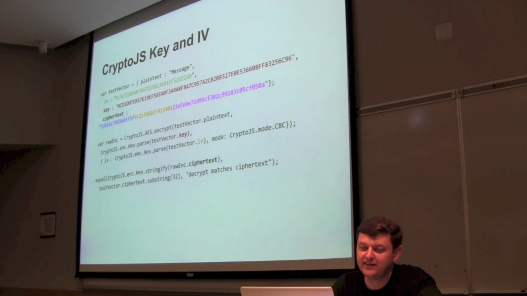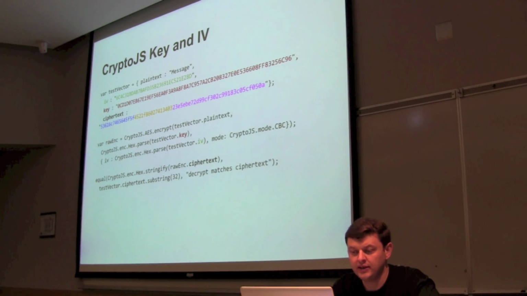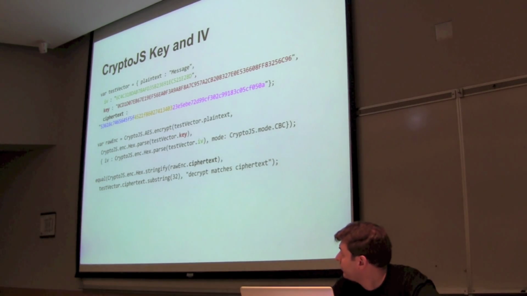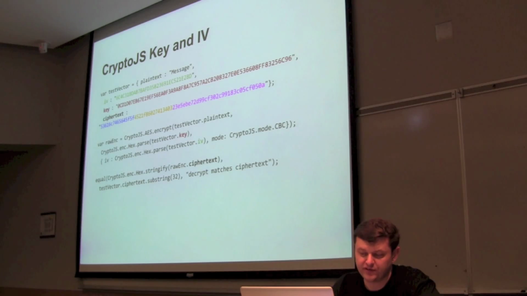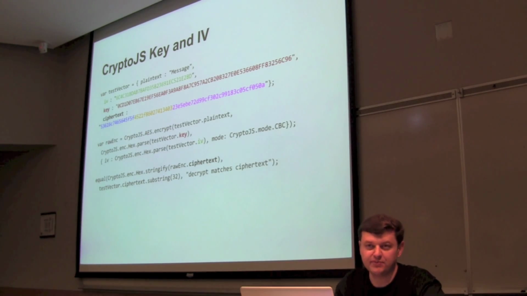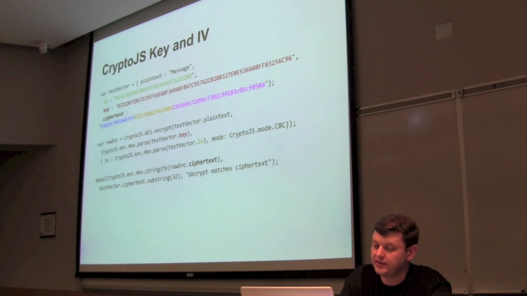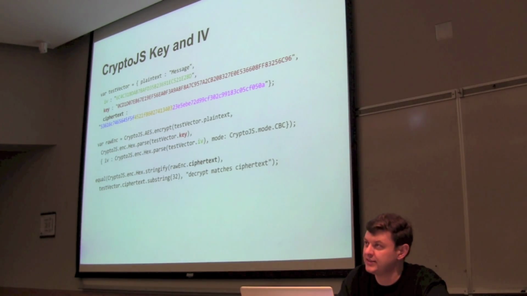If I wanted to reproduce that inside of CryptoJS with the key and an IV, I could do the same thing. You can see the color coding matches the same spot. Here I go ahead and encrypt. I pass in my key from my test vector, which I colored. I pass in my IV. I encrypt to get my ciphertext, and sure enough, it matches. You'll see though in my test I skipped the first 32 characters because I wanted to skip over that "Salted__" magic string and the salt. But it matched, it really says I want to match the pink